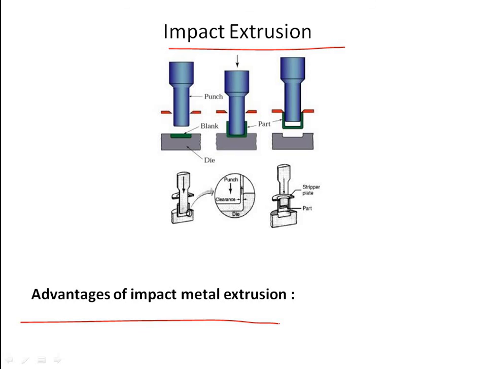advantages. Advantages of impact metal extrusion: raw material savings up to 90%. Second one, reduced machining times up to 75%. Third one, elimination of secondary machining operations. Fourth one, reduction in multi-part assemblies, improved mechanical properties for material strength and machining due to cold working of the material. Next one is significantly reduced total parts costs up to 50%. Hollow thin-walled tubes closed on one end are often produced in the manufacturing industry by backward impact extrusion.